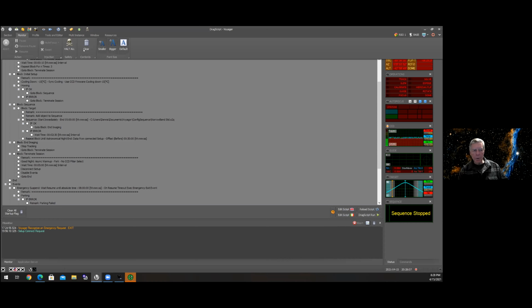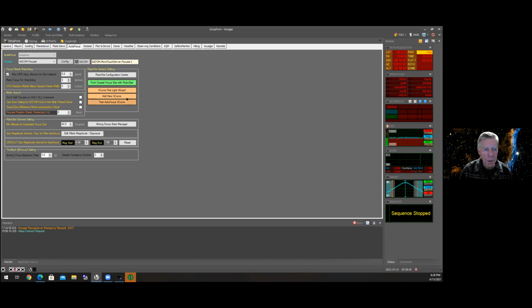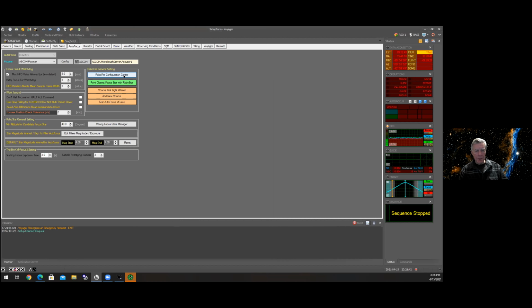Okay, so did you use the wizard? Yeah, I used the wizard. Okay. Do you have to change anything at all in the settings, or just go straight into the V curve first slide? Yeah, I just went into it. I had it point to the closest focus star, but I just used this first light wizard,